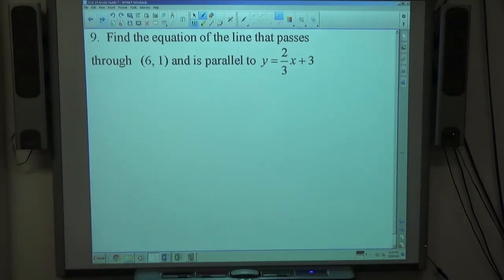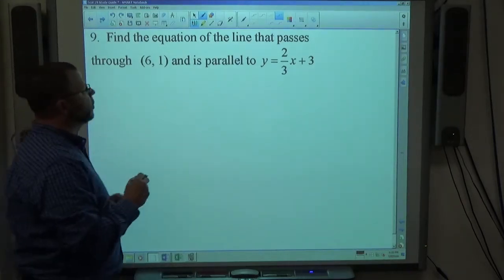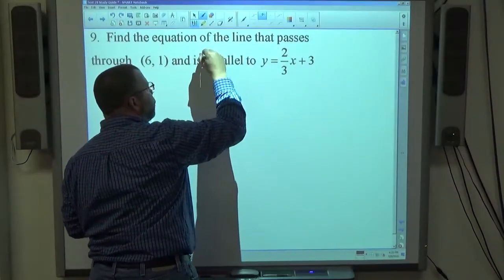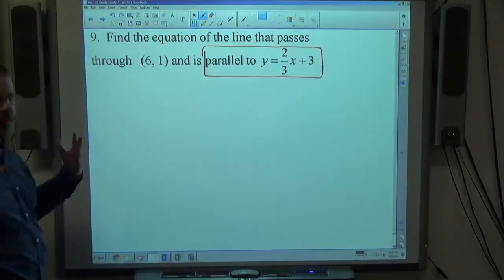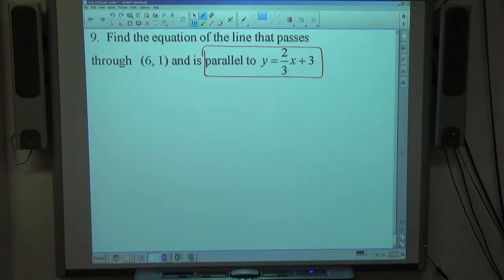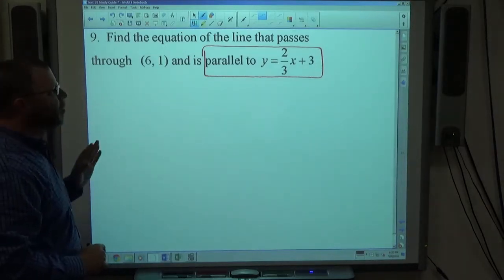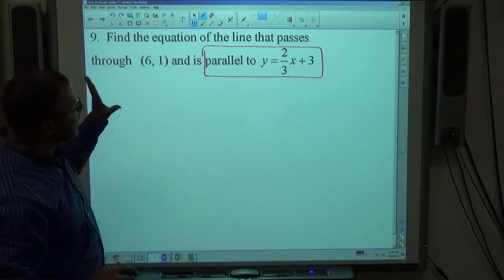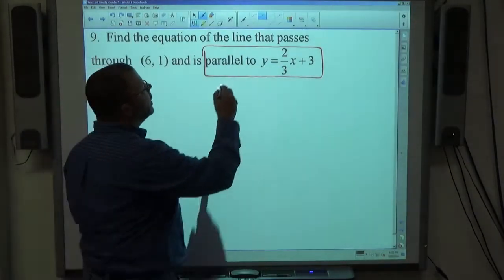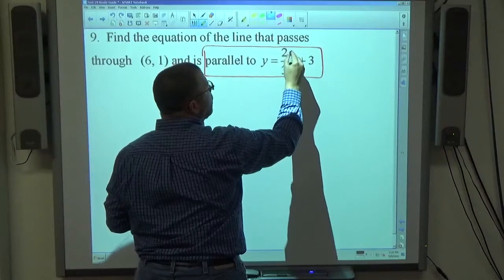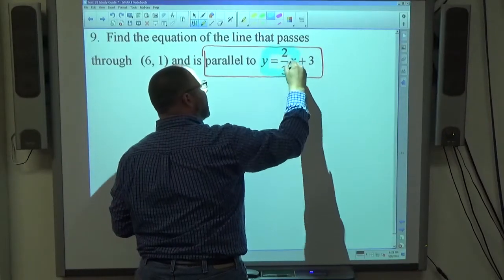Number 9, find the equation of the line that's parallel to this and passes through that point. Let me give you guys a different way of doing this that you might prefer to what I've shown you before. Basically, it's going to be the same thing, just a different look at it. If lines are parallel, they have the same slope. So by giving me the equation in this structure, y equals 2/3 x plus 3, I know that the answer I'm looking for is going to look exactly like this,